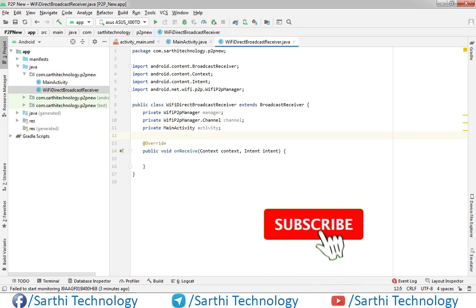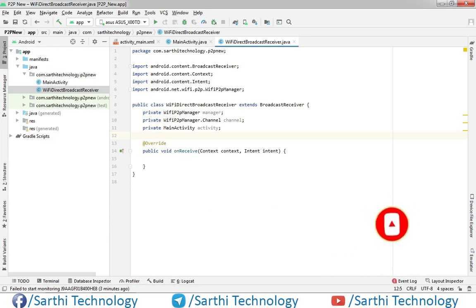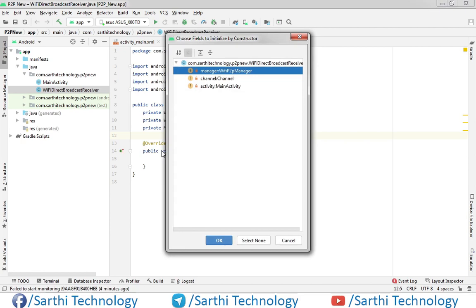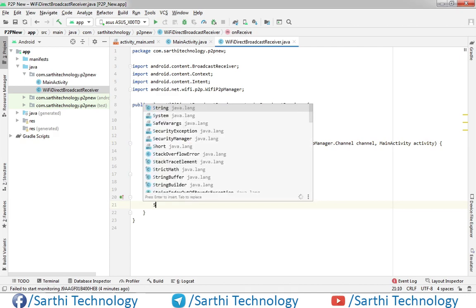Now we need to create one constructor. So control alt insert. Okay, alt insert and select constructor, select all three and OK. Now the constructor is ready, and in this onReceive we need to create one string object.